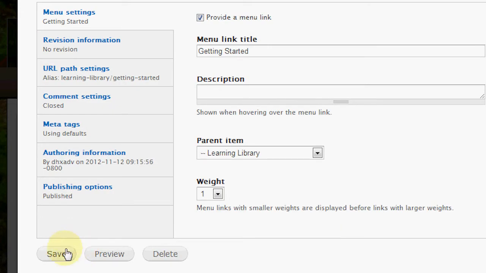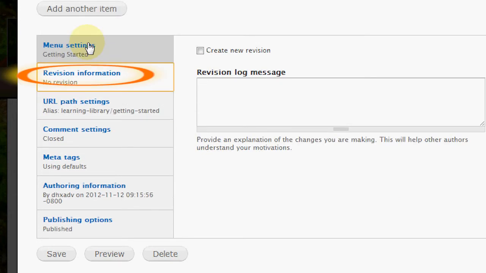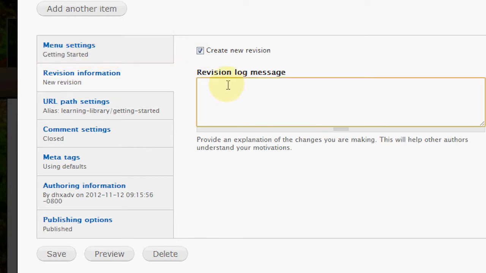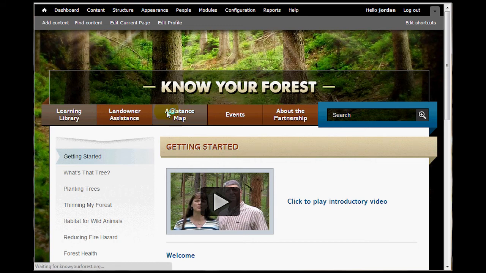But first, one thing that we would like to do before we save is go to revision information, and that way we can keep a log of all the changes on the site. I'm going to hit create new revision, and I'm going to say Jordan added Rediscovery Forest video on January 11th, 2013. That way we can keep an accurate record. Then we hit save. I'm going to refresh our page,